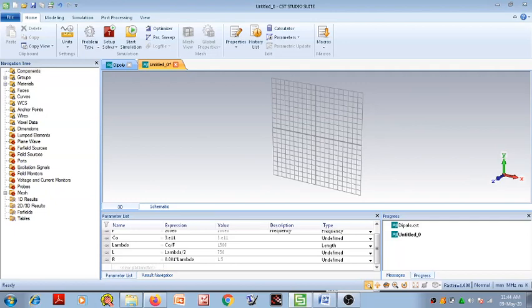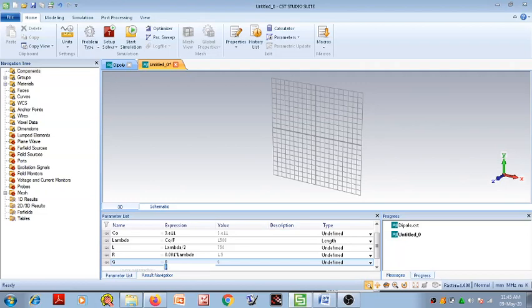Normally we design the dipole type of antenna along the z axis. It starts from minus z to plus z. So we divide the length into two parts, lower part 0 to minus L by 2 and upper part 0 to plus L by 2. Now we have to feed the dipole antenna at the center. So to provide a source at the center, we must have to create a small gap at the center. Otherwise, what happens? The source becomes shortened. So to create the gap, we have to define the parameters for gap.